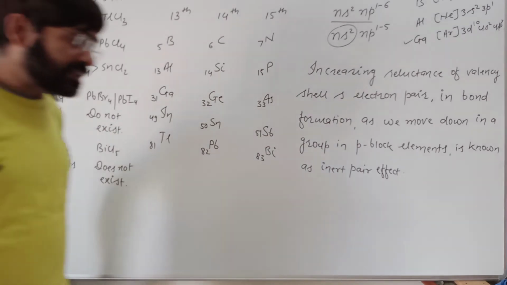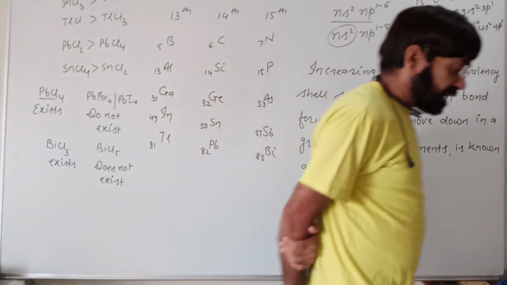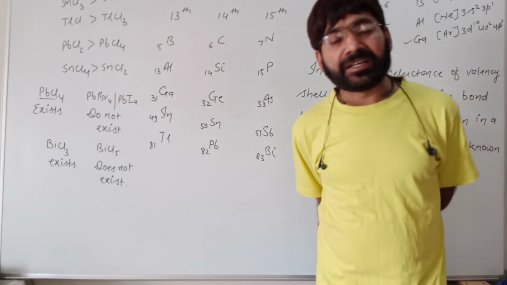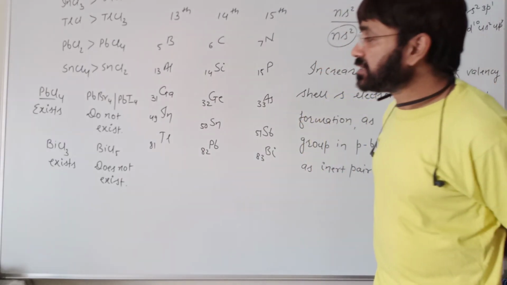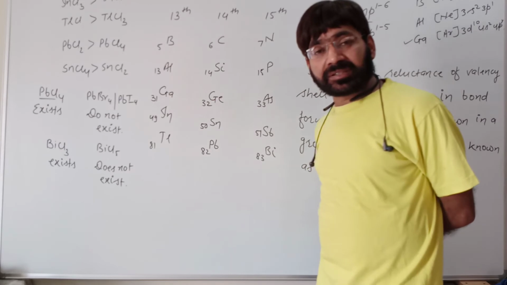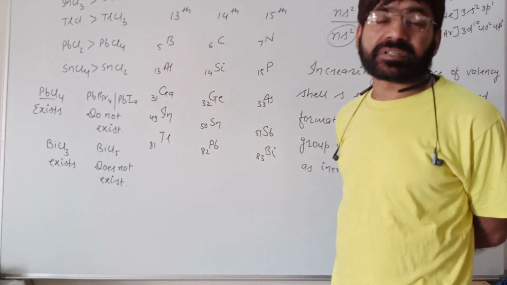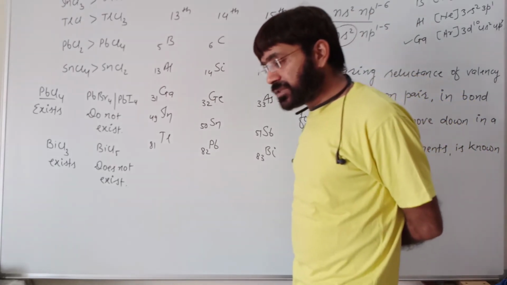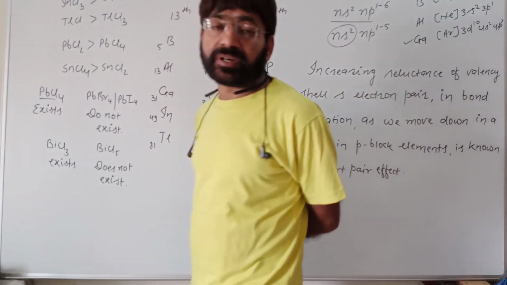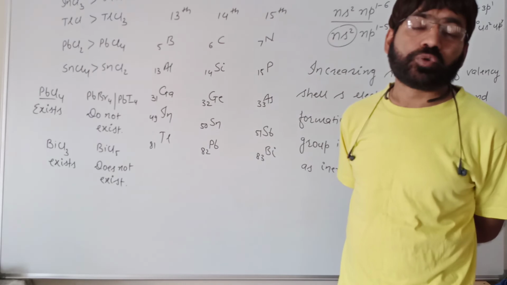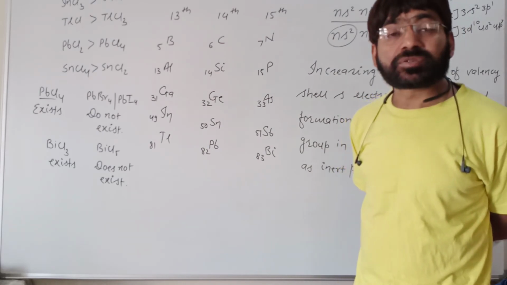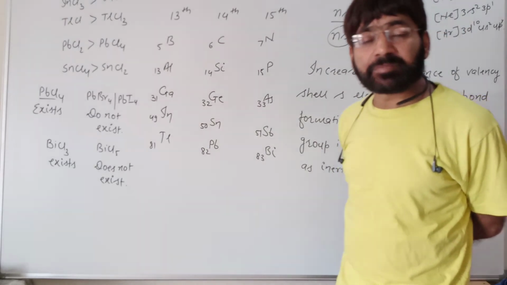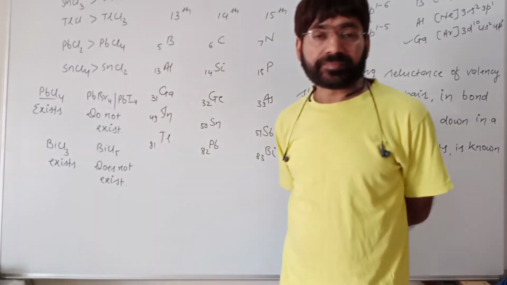What do we say when we mix Pb+4 ions with Br negative or I negative ions? Rather than combining with each other, they cause a mutual redox reaction with each other. And the result of that? In the case of Br negative, the product is PbBr2 plus Br2, while in the case of I negative, the products are PbI2 plus I2.